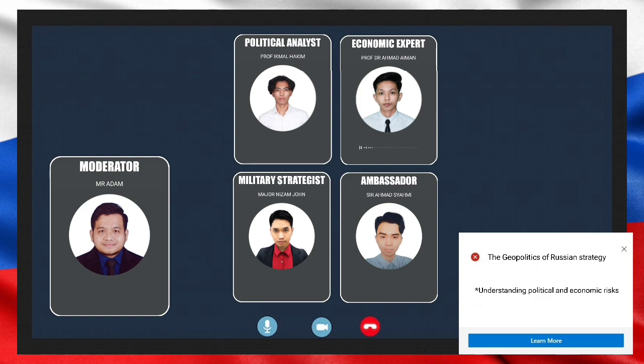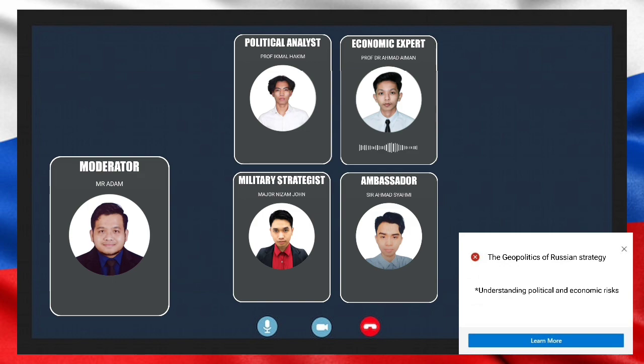Inshallah. So basically, economically, the risks are twofold: the over-reliance on hydrocarbon exports and the impact of sanctions. Russia's economy is heavily dependent on oil and gas, commodities with highly volatile prices. This monodependence poses a significant risk in the diversification of its economy, making it susceptible to global energy transitions towards